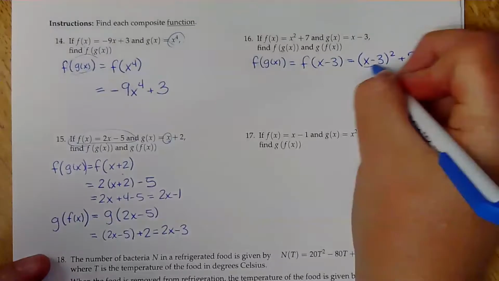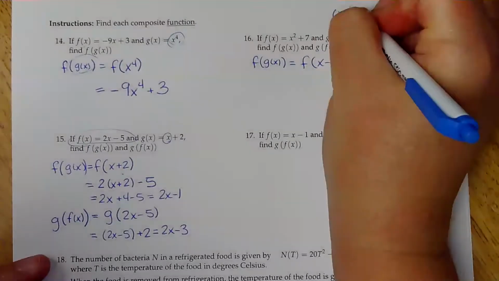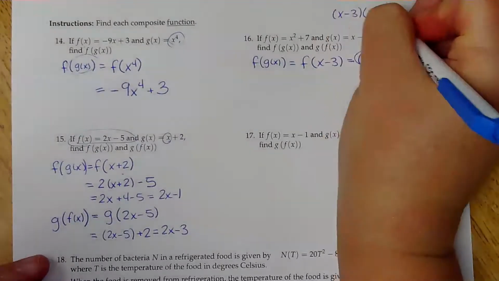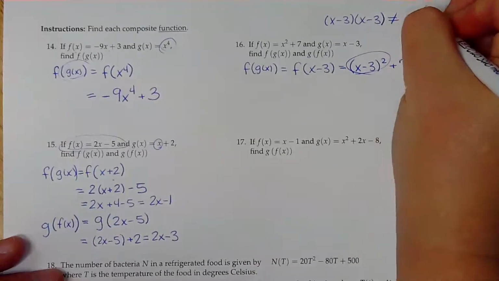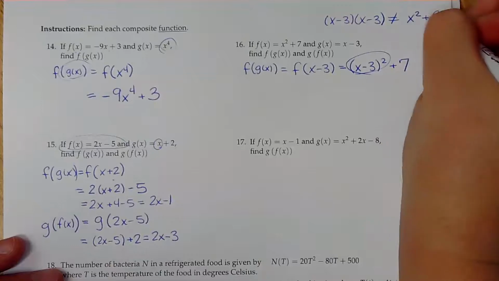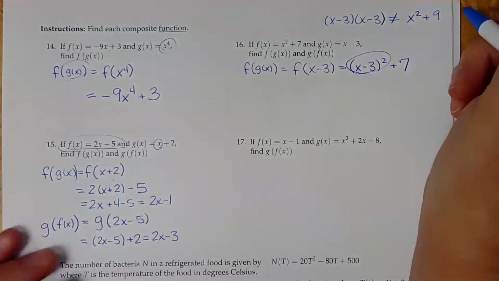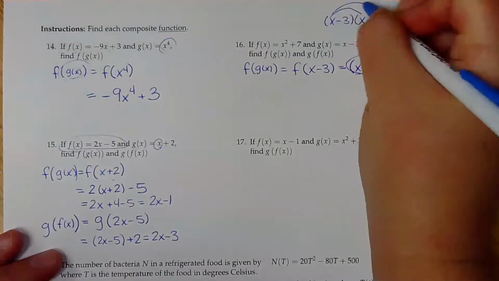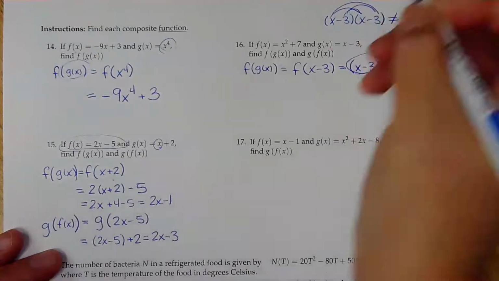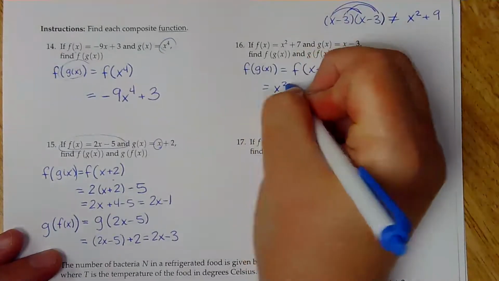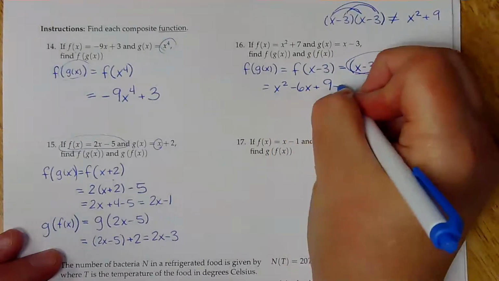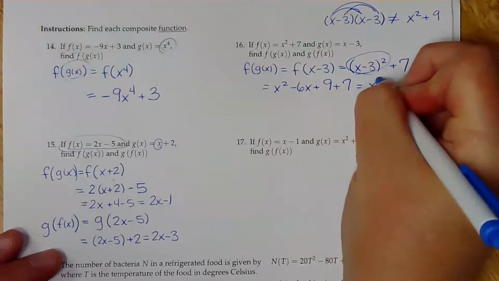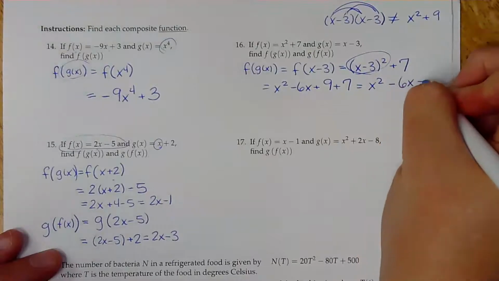And if I FOIL this out, so remember that's going to be x minus 3 times x minus 3, which is definitely not x squared minus 9 or plus 9, either one of those. What this comes out to be, since we have to FOIL it, is x squared minus 6x plus 9, and then plus the 7,